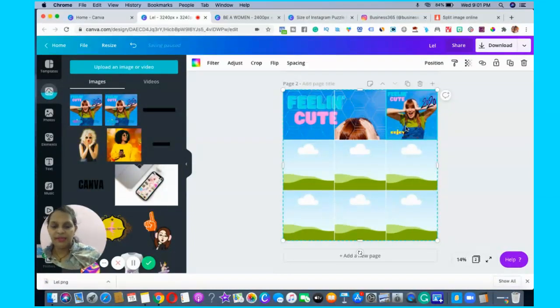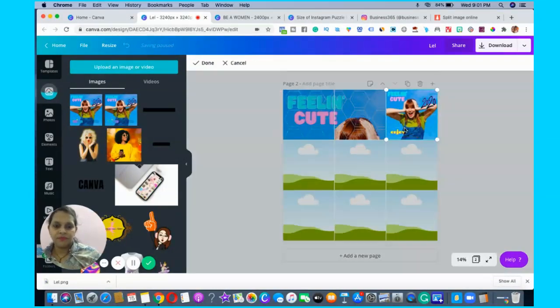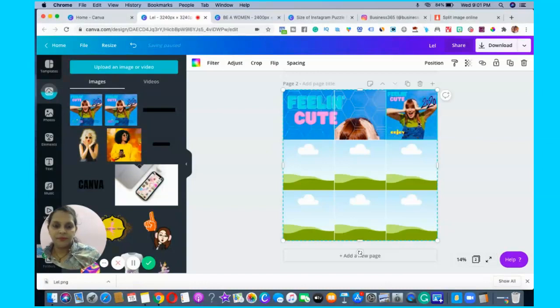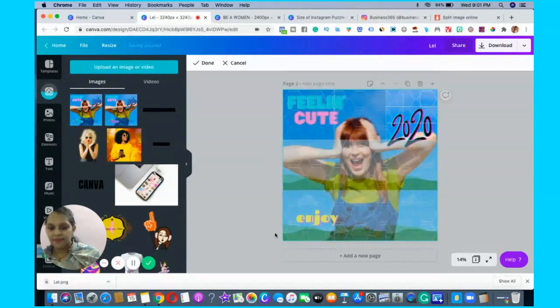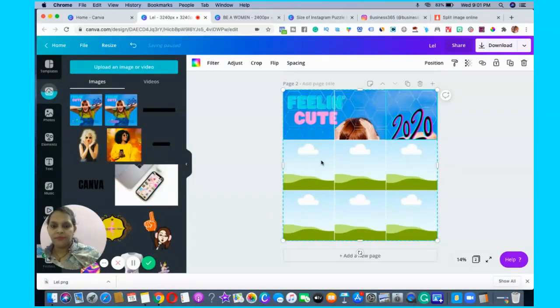You have to double click so that we can resize them. And next you are filling,